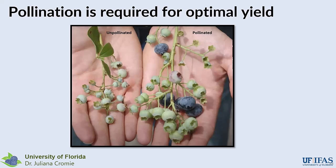Pollination, and I tell my entomologists, my colleagues or friends who are working in pollination, I'm sorry, but I don't care much about pollination. I care about fruit set. I want that fruit on the bush, right? I don't want to see just flowers, because we all have seen that. Right, Gerard? Gerard is laughing here. When we see these blueberries full of flowers, and then when we go to get berries, there are not that many. We have had some issues for a while with different varieties, with pollination and fruit set in reality, right? But fruit set is one of the